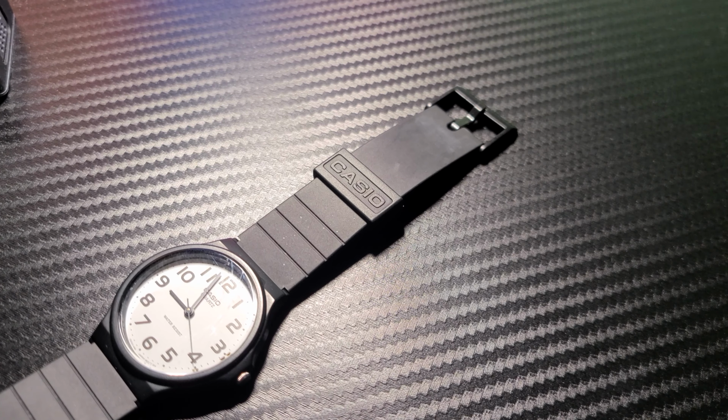I will wear it on my wrist for you guys. And you can see, compared to a big bulky G-Shock, there is quite a bit of difference in how thick it is. And the thing about this watch is that it's so versatile too. You can pretty much wear this everywhere and this will get the job done. It never feels out of place. Here it is on my wrist. I didn't put it all the way tight, it's kind of loose, but